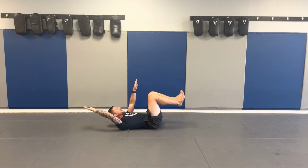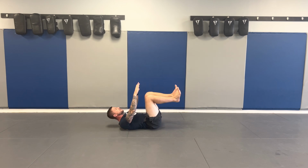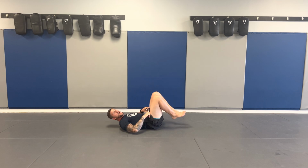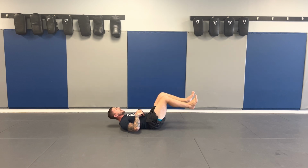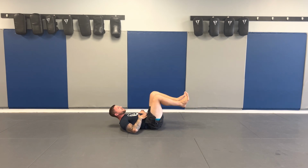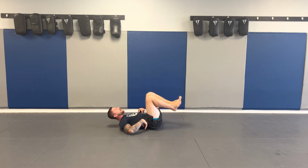I can manipulate my hands in whatever fashion I want. I can manipulate my feet in whatever fashion I want. The biggest thing is making sure that the low back stays on the ground. So if I extend my feet out and all of a sudden my low back arches off the ground, I've gone too far. I don't have core control anymore. So I want to make sure I keep that on, and I go as far as I can without losing